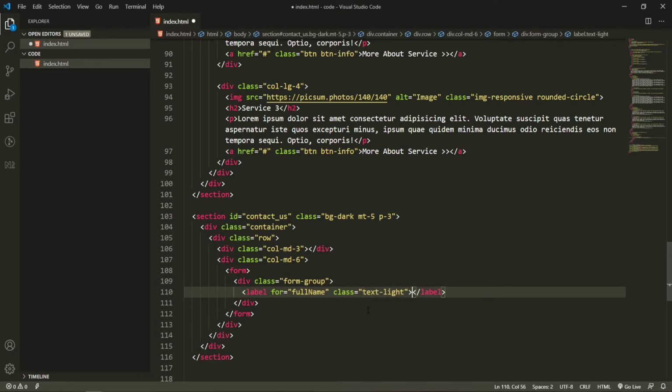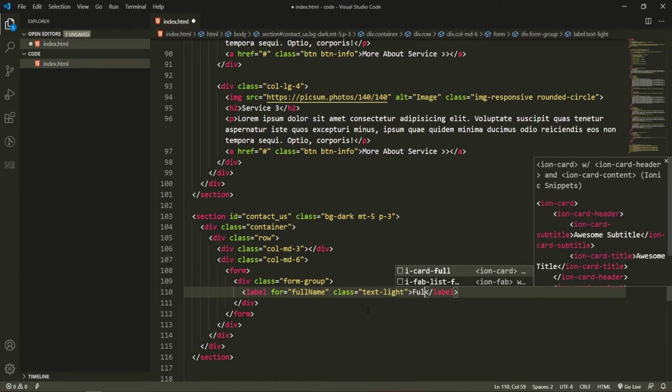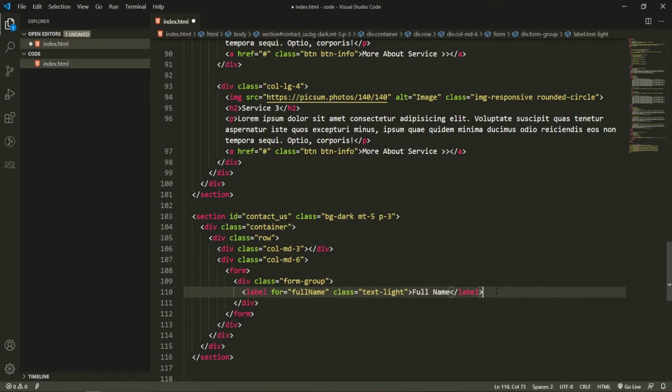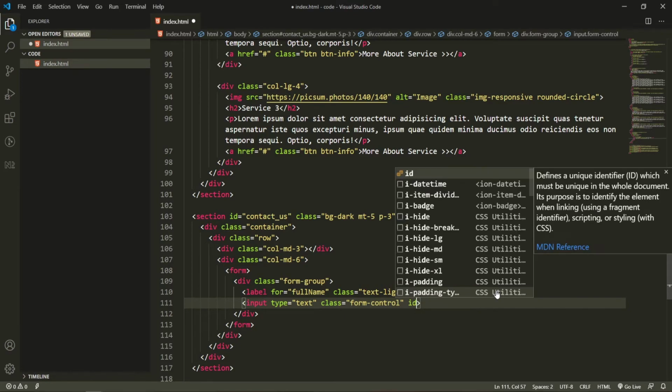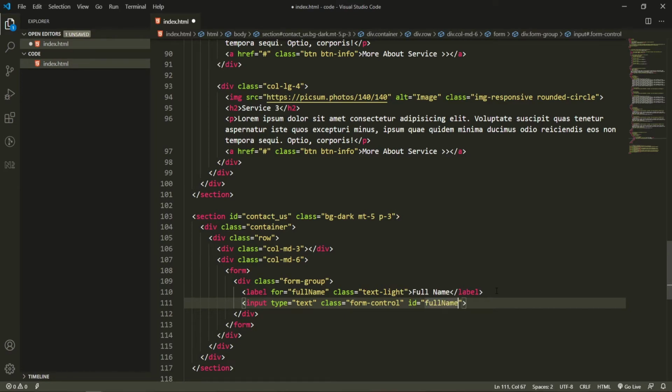Then inside of label I will have a text of full name, and down here I will have an input field which will have a type of text, then a class of form-control. This form-control makes the form elements basically be more stylish, right? And I will add the ID of full name and the name of full name,